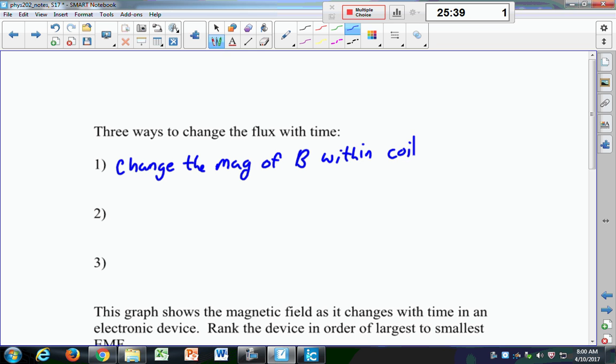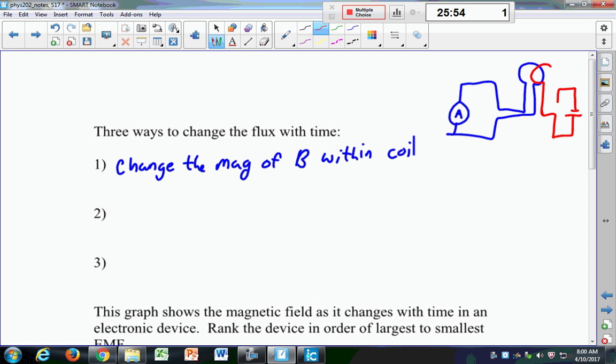And this is what Faraday did. I'm going to redraw this figure where we had the two coils up next to one another. We had another coil here. That's what Faraday did. He changed the magnitude of the magnetic field within the coil because he would turn this